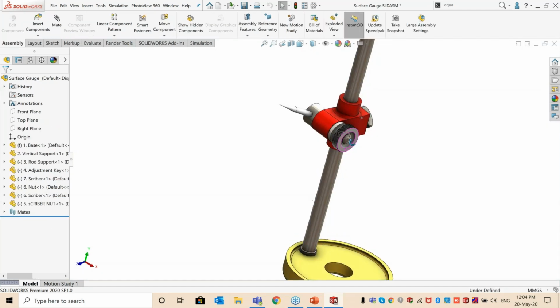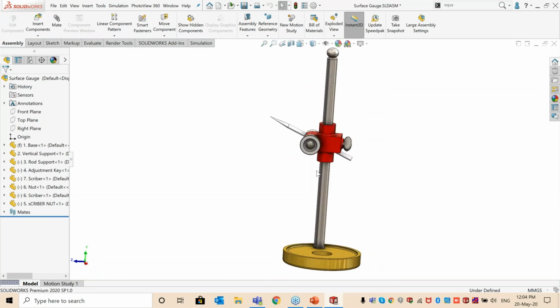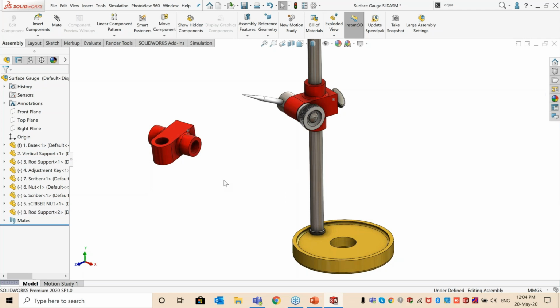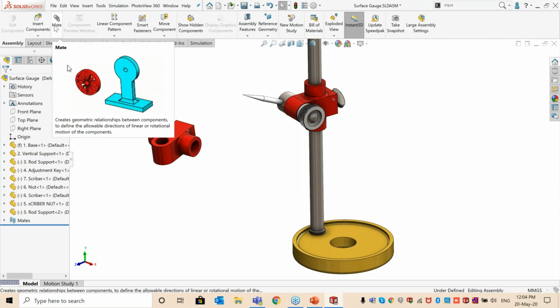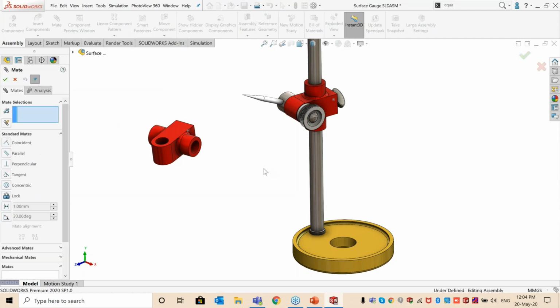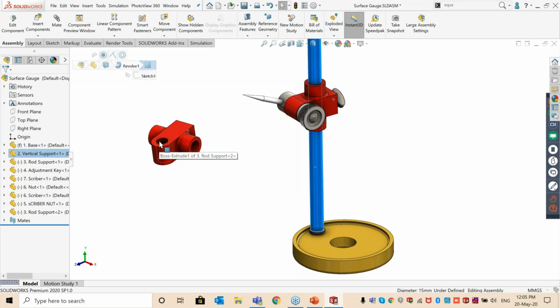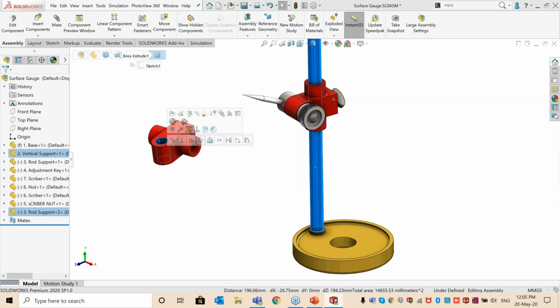Next is the context menu. What is meant by context menu in an assembly file? For example, this gives a relation to both components, the base component and this floating component. So what I need to do is go to the mates and select concentric, coincident. You don't need to do that. Here is one shortcut. You directly select this shaft, and directly select this hole, and press